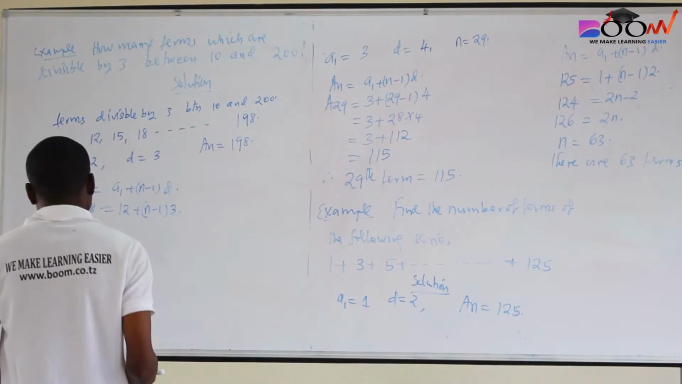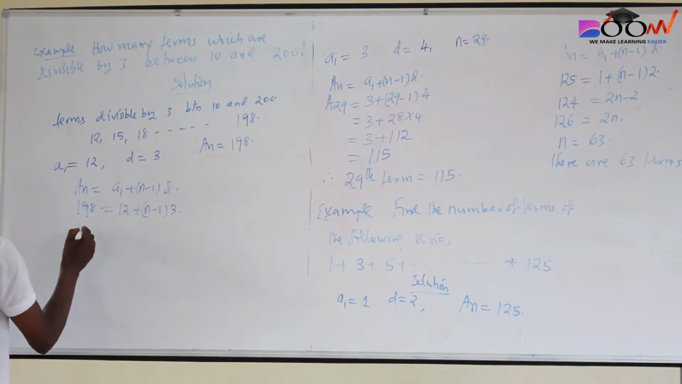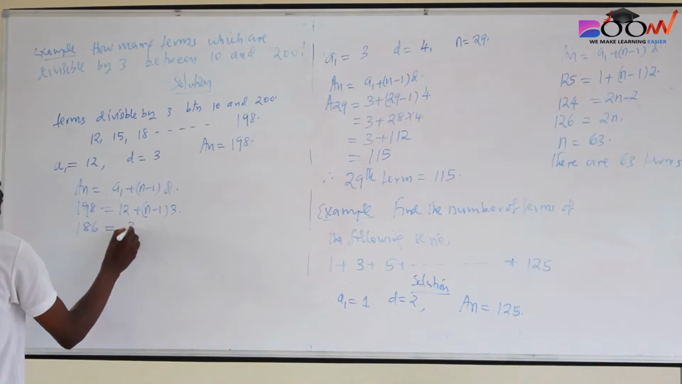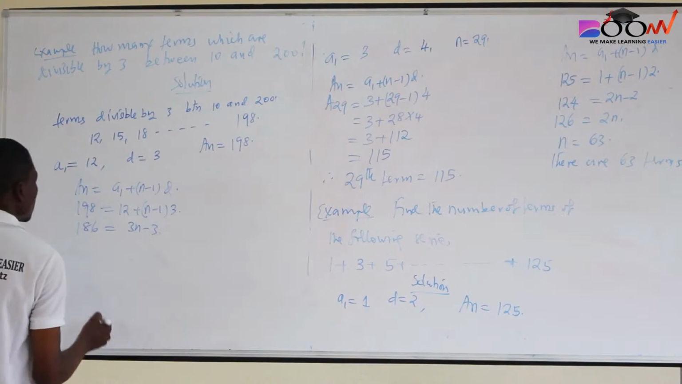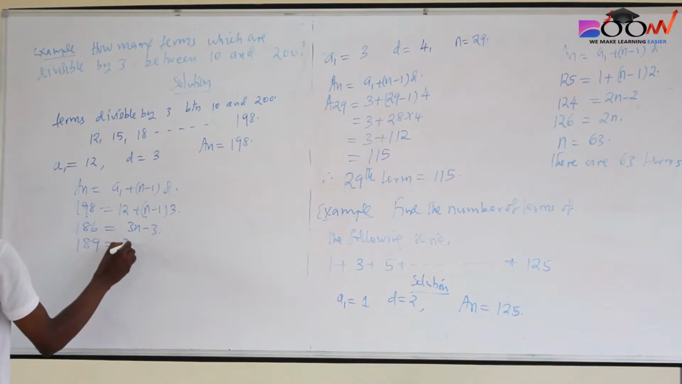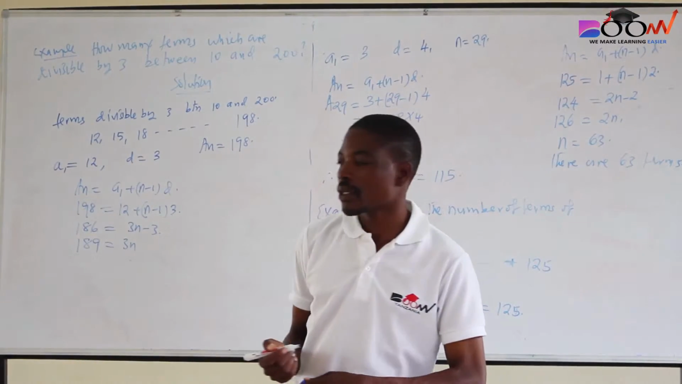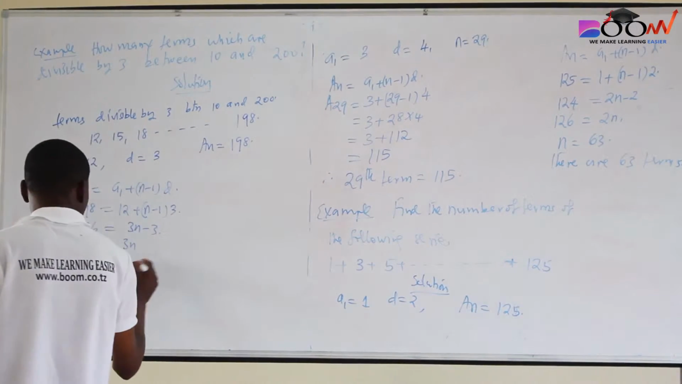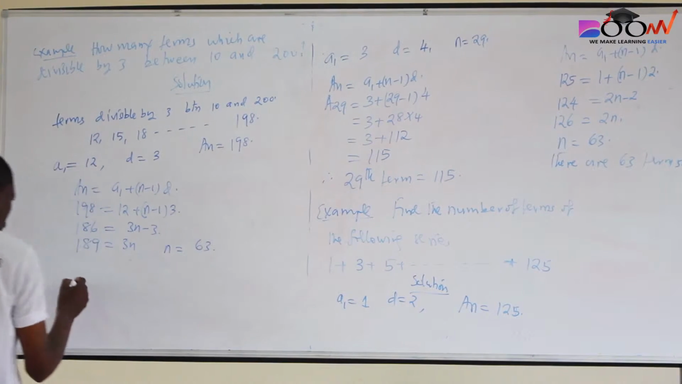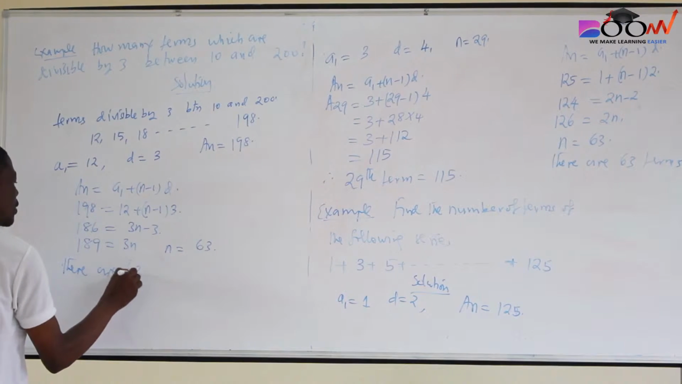Taking 198, take away 12, becomes 186, which will be equal to 3n minus 3. This now will be equal to 189, which equals 3n. Dividing by 3 on both sides, we are going to get n equal to 63. Therefore, there are 63 terms